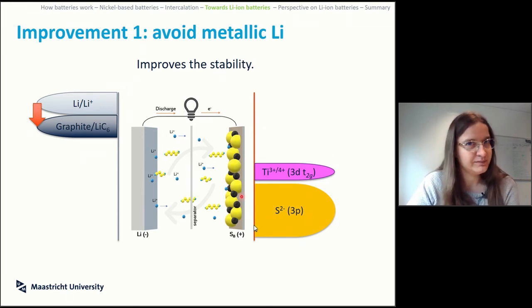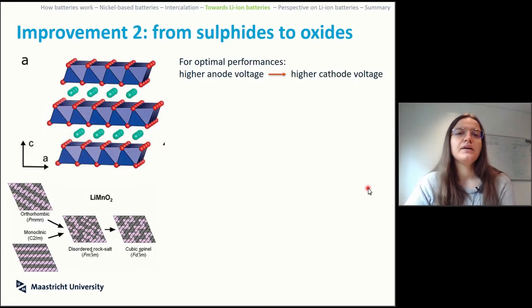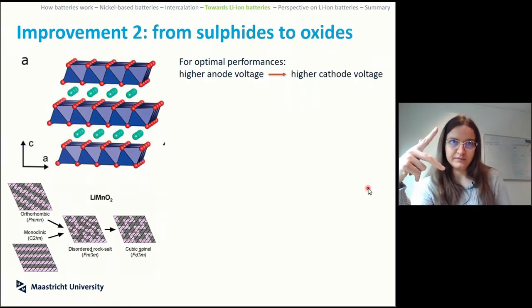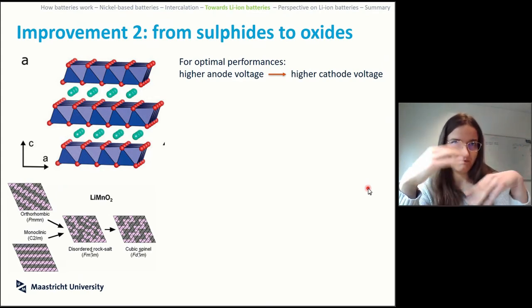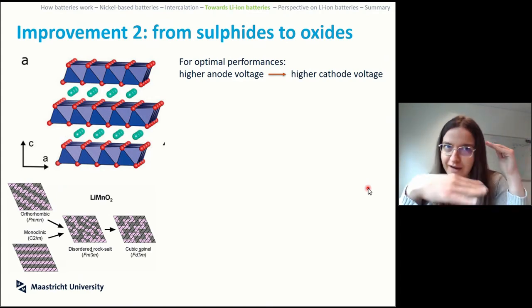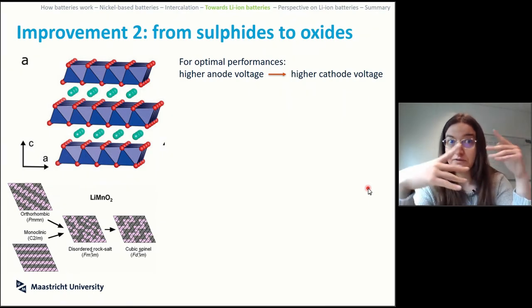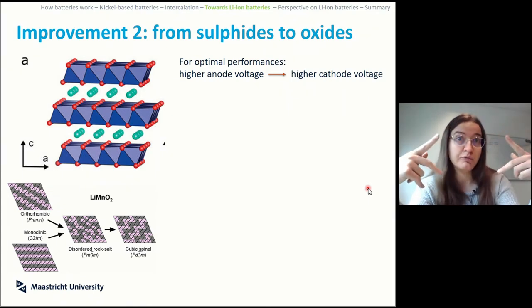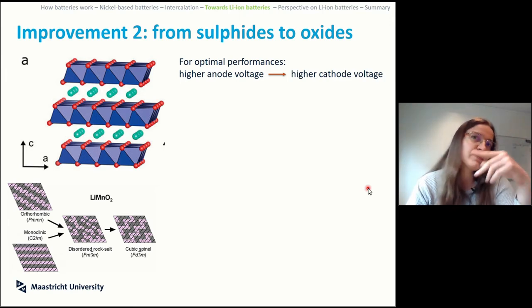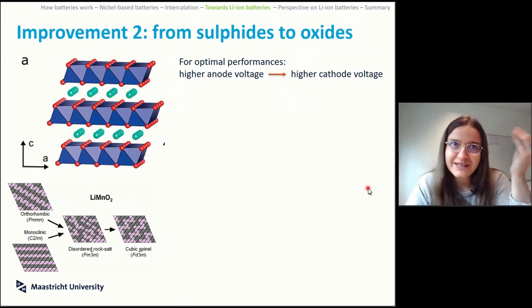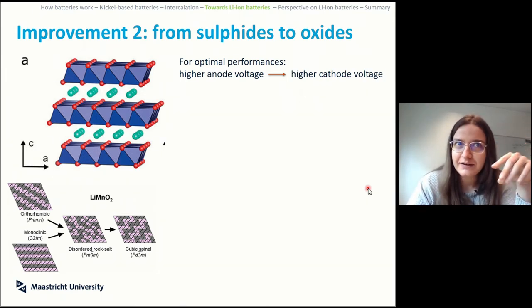But then you have this other side. So what do we do on the other side? Now, for the optimal performance, as we were saying, we need a big gap between these energies. So very big, as big as we can possibly make it, because that will be your voltage, assuming that your electrolyte can actually withstand it. The issue in the image that we saw before is that the titanium band and the sulfur band were very close to each other,